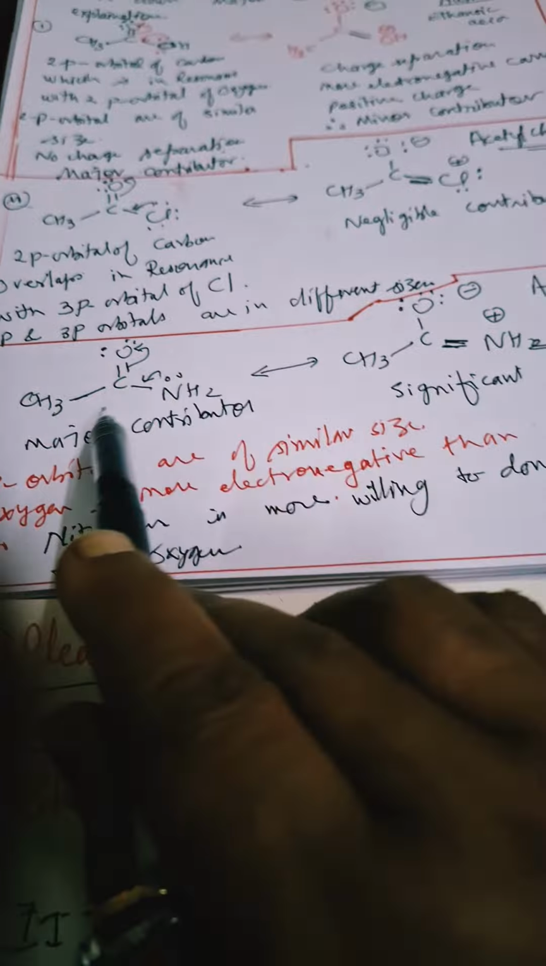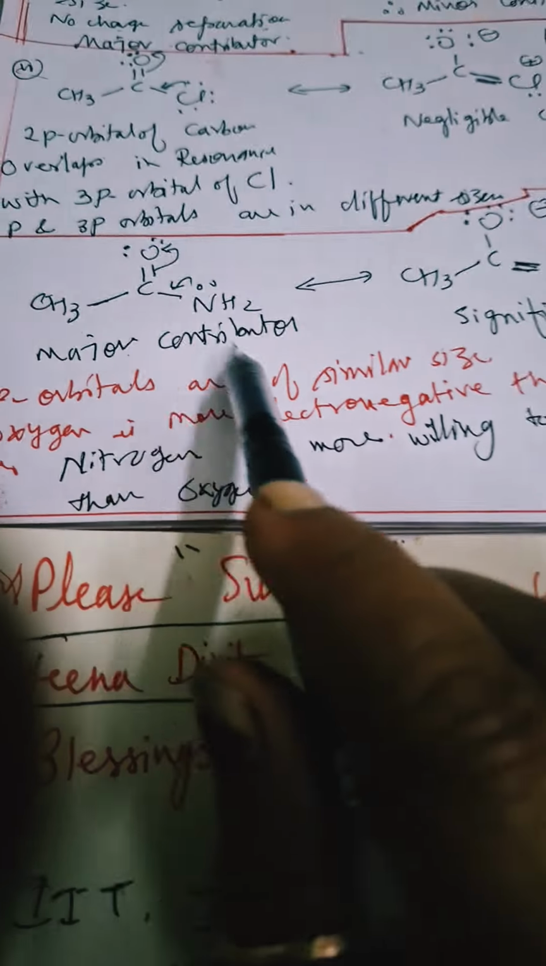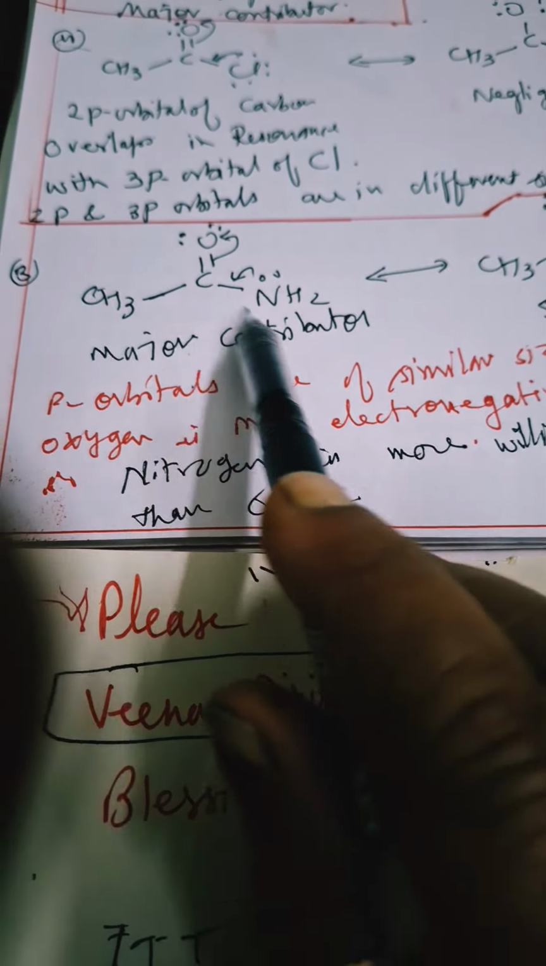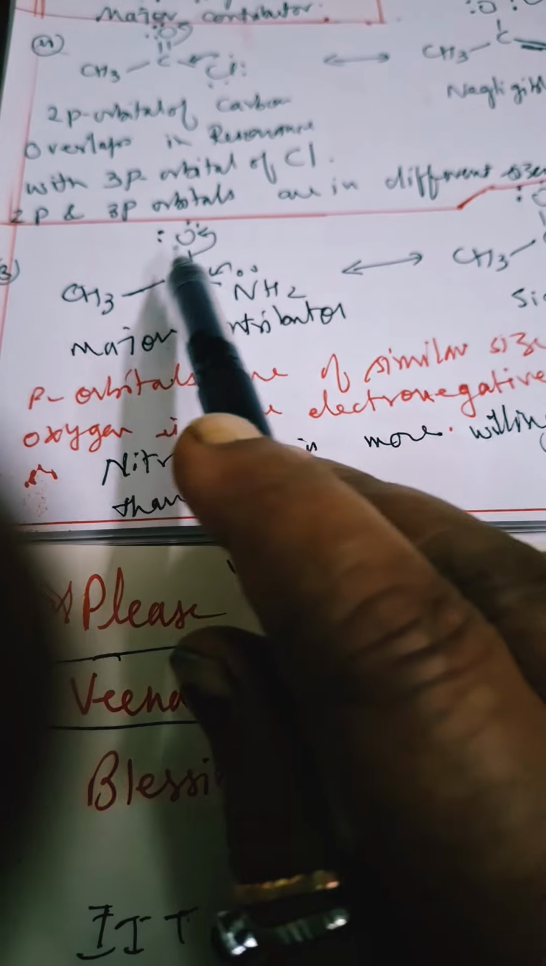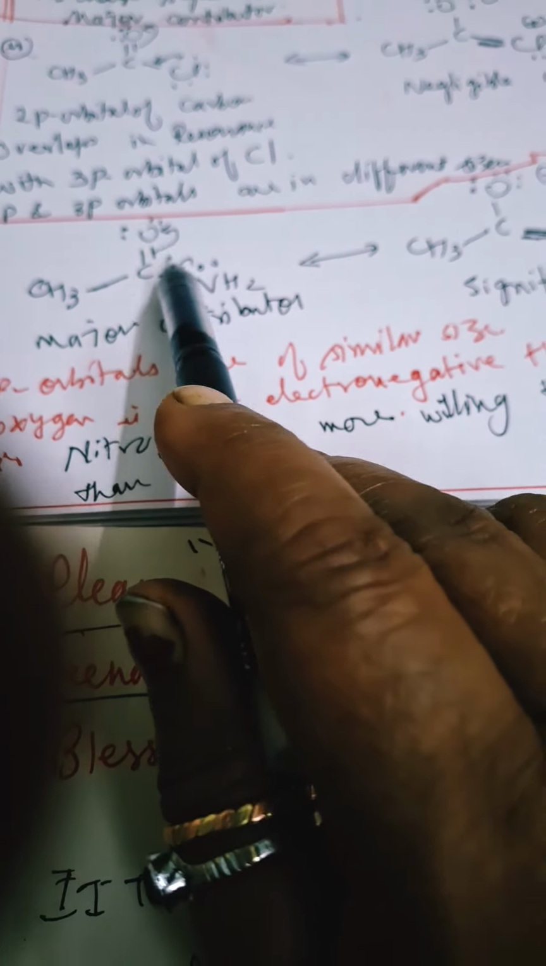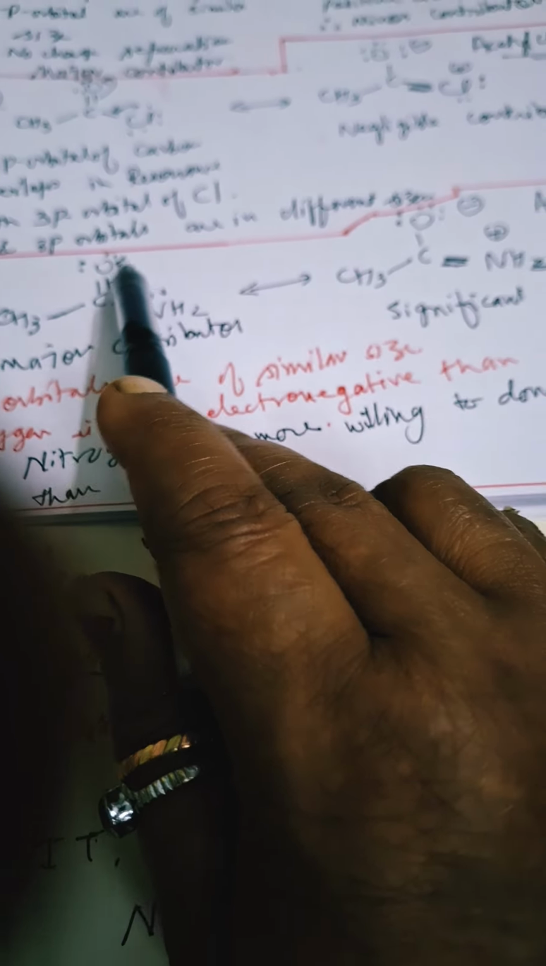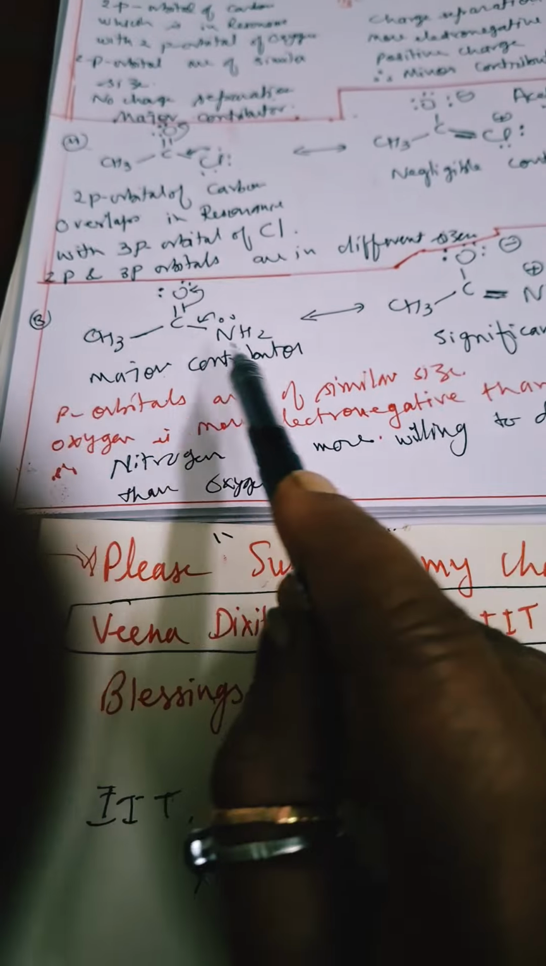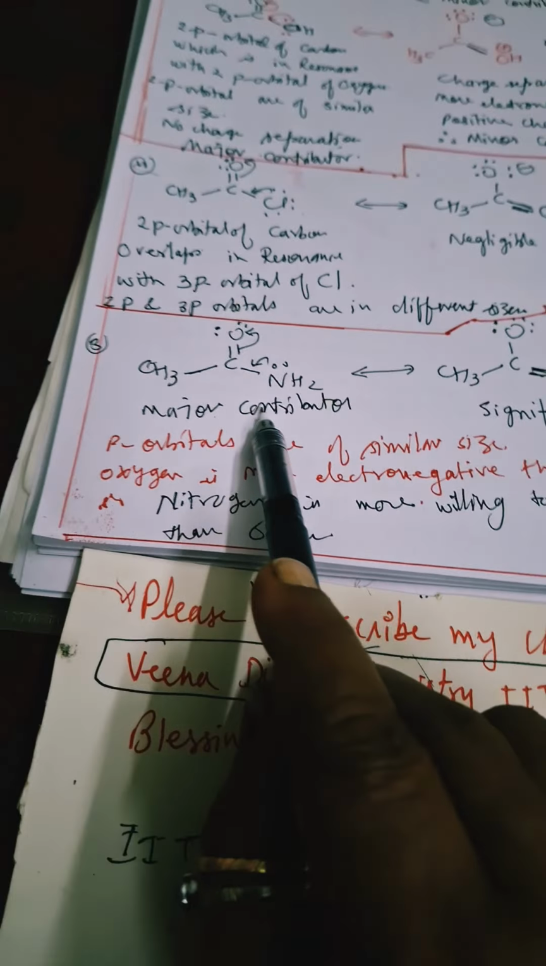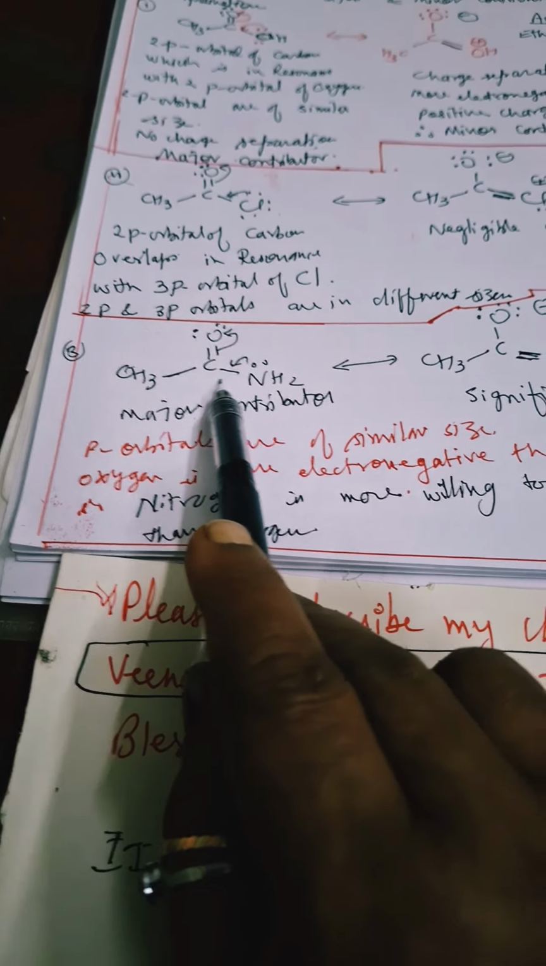So this is the major contributor, with no charge separation. This is minor. Here again this is the major contributor. Acetamide: there is no resonance here, no positive or negative charge, but since oxygen is more electronegative it can attract the shared pair of electrons, getting a negative charge, then a lone pair of electrons from nitrogen is bonded